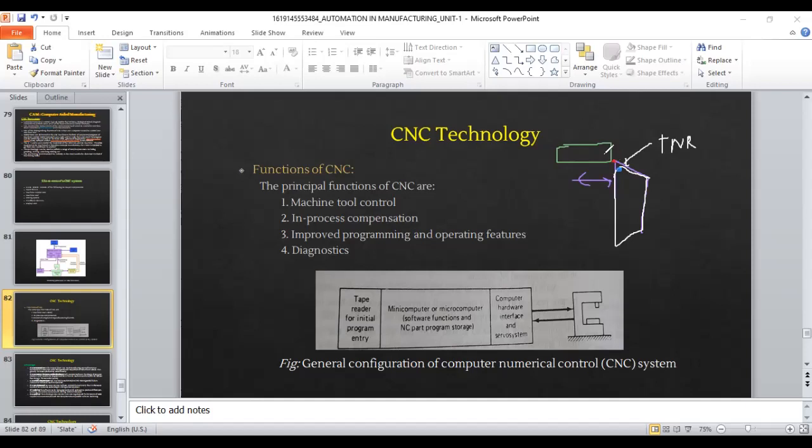You see how big this problem is, just because of this shift of the tool tip, the entire part program has to be changed, isn't it? Because that was how the tool was moving. But now the reference point is not the tool tip, but the blunt blue spot here. You will not change the part program, you will just change the tool offset. If you specify the offset to the control unit, it will understand that the reference point is not here, but here. Therefore, it will change those dimensions in the part program. Amazing, right? That's what we mean by in-process compensation.